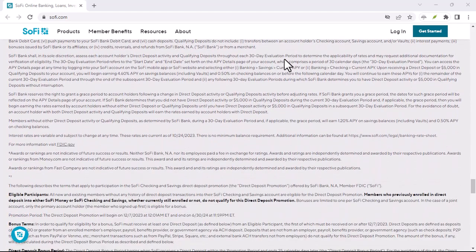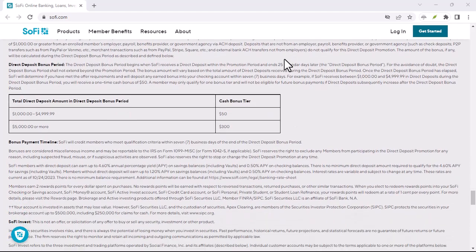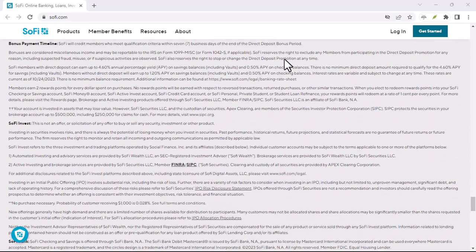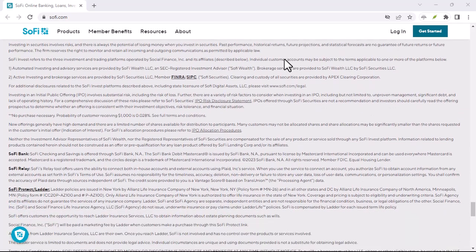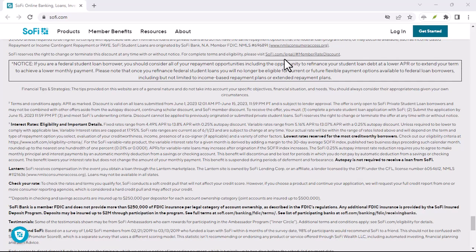Before making a decision, it's recommended to carefully review the terms and conditions of any SoFi product you're considering. By understanding the fee structure and comparing it to traditional banks, you can make an informed choice about whether SoFi is the right